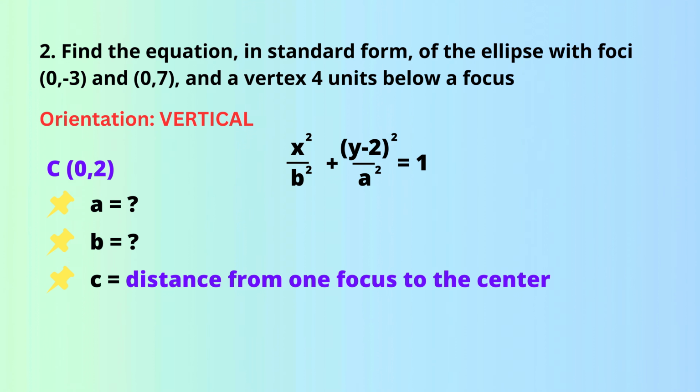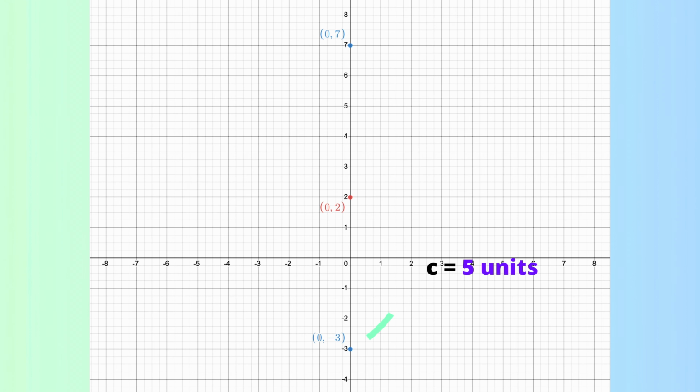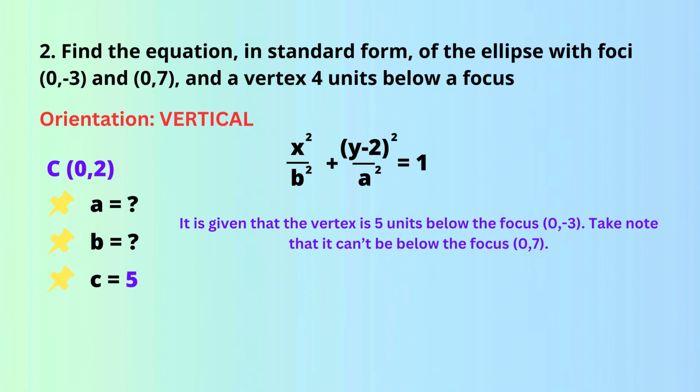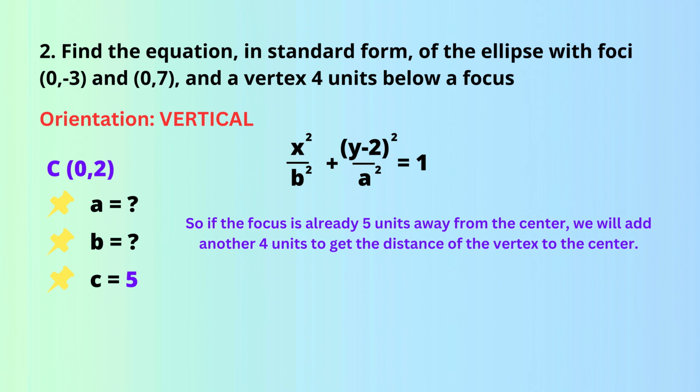We can use the distance formula, or just simply count it in the Cartesian plane. Hence, c equals 5 units. It is also given that the vertex is 5 units below the focus (0, -3). Take note that it can't be below the focus (0, 7) because vertices are farther away from the center than foci. Going back, so if the focus is already 5 units away from the center, we will add another 4